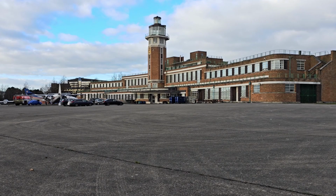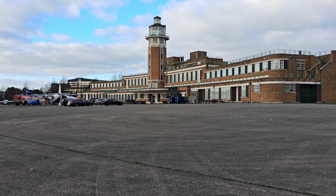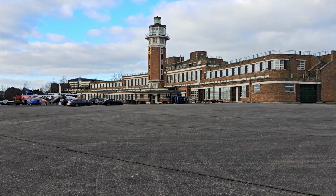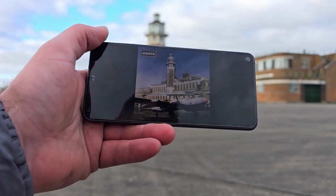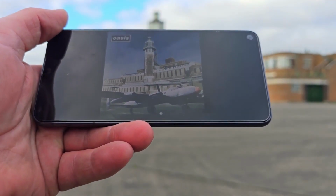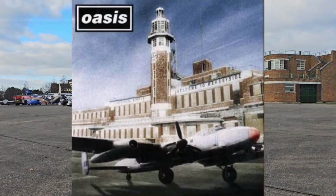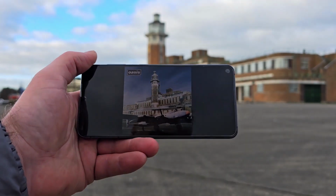So just before we go inside, here is a fun fact that you may or may not know about this. I only found out about this a few weeks ago, but the band Oasis, which are classed as maybe the second Beatles, released a single called Don't Go Away off their third album, Be Here Now, and they used this airport terminal building when it lay derelict as their single cover. Now look at that. I'll put a better picture on screen, but you can see all the boarded up windows there, original control tower and a plane, probably not taken in the exact spot, but bloody hell,